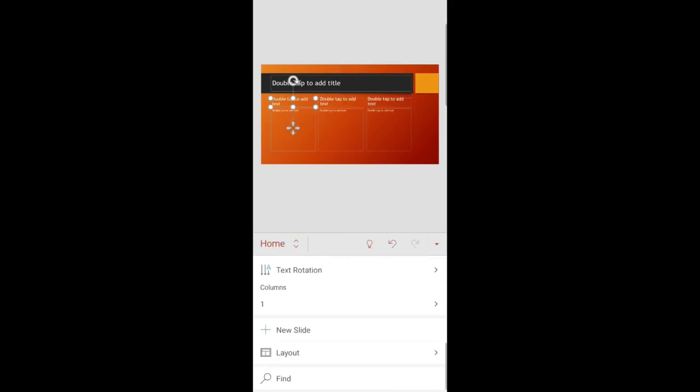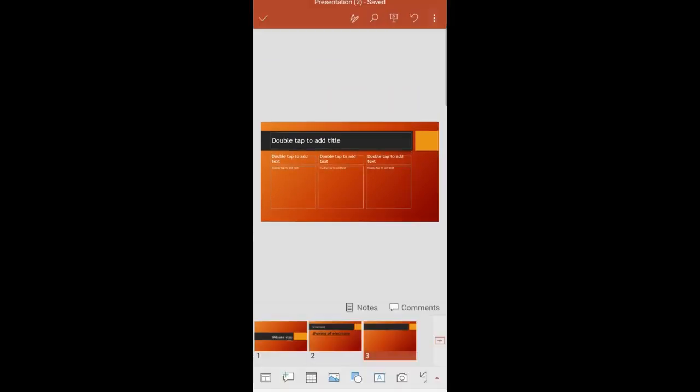Whatever options you have in your laptop, you will have in the app you download in your phone. It is as simple as that to create a template using your phone very effectively.